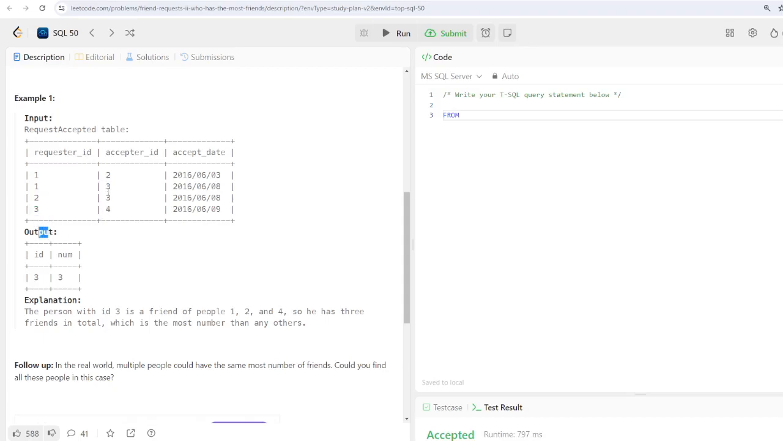So then you can count this acceptor ID column for each requester ID. So for that 3 it will be 3, the total number of friends. Okay, so that's why I will try to do the union so that I can have these values below this. Okay, so let me write it and then you will understand it even better. So from this